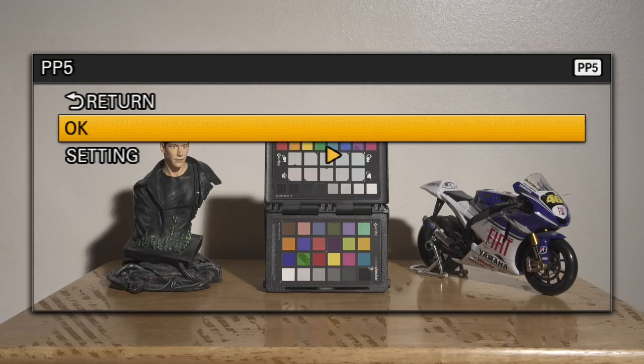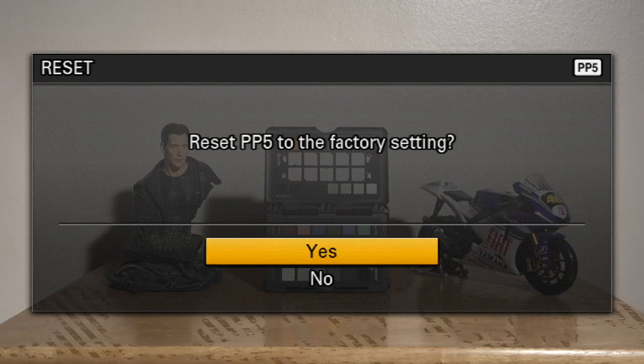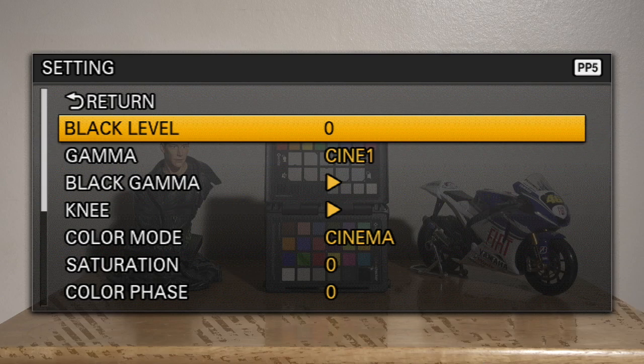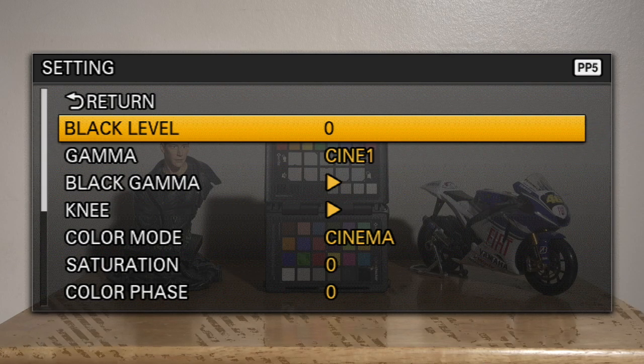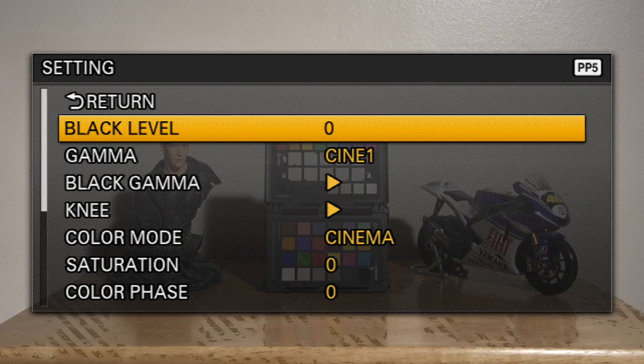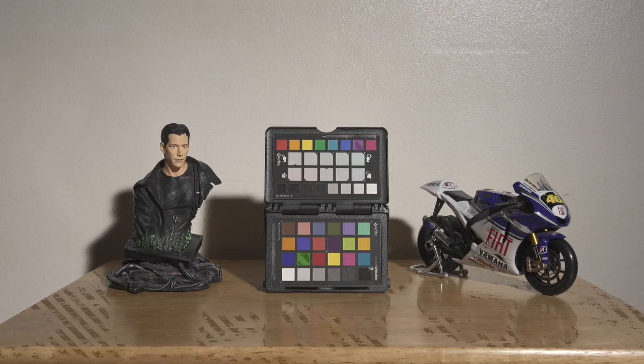You can put the profiles in any picture profile, but I've moved to picture profile 5 because that's where the Cine Gamma 1 is by default, and as you can see I'm not making any changes to the gamma or the color mode. Okay, so here we are, and the ISO value for this particular gamma has dropped to